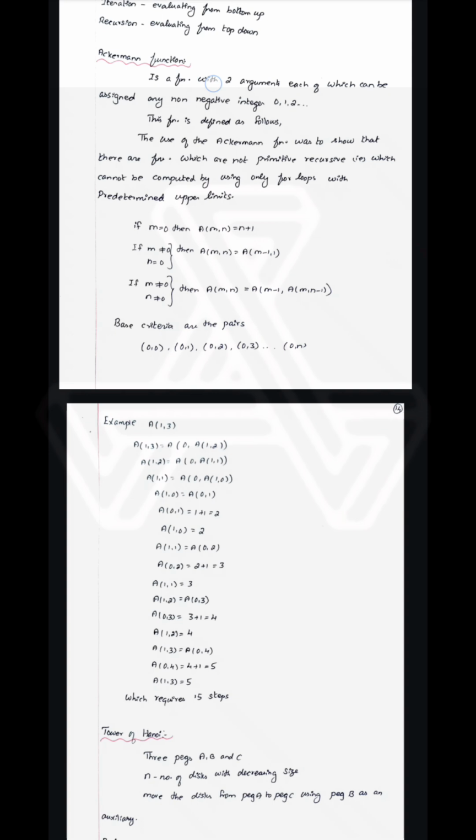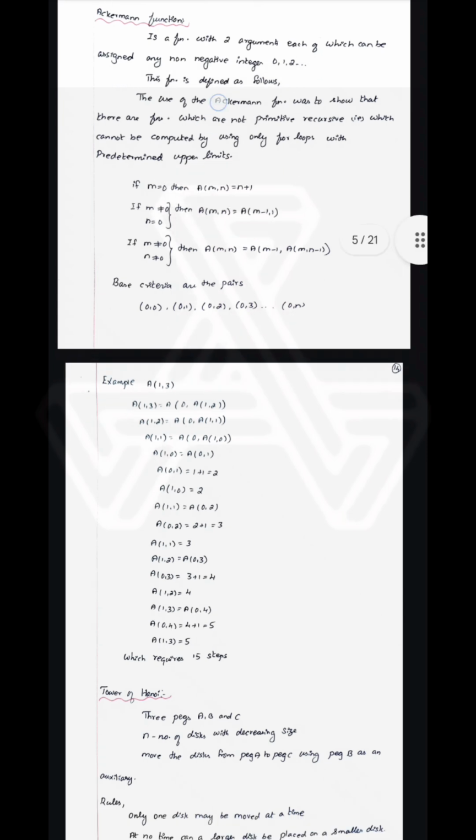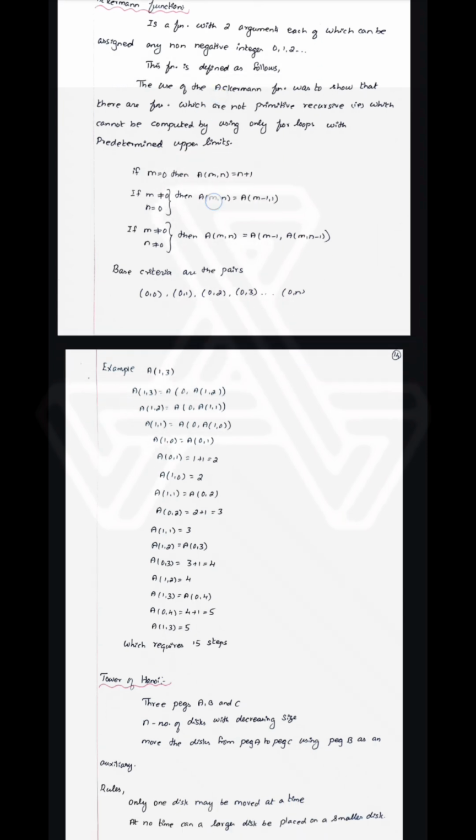If m equals 0, then A of m comma n is n plus 1. If m is not equal to 0 and n equals 0, then A of m comma 0 is A of m minus 1 comma 1. If m is not equal to 0 and n is not equal to 0, then A of m comma n is A of m minus 1 comma A of m comma n minus 1. Base criteria are pairs. Example: 1 comma 3,